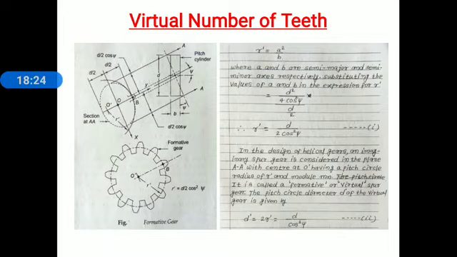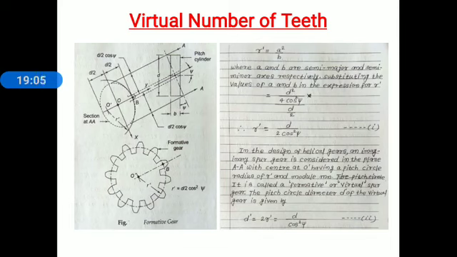R dash is the radius of curvature at point B. R dash is equal to a square divided by b, where a and b are the semi-major and semi-minor axes respectively. Now substituting the values of a and b in the expression of r dash, we get r dash is equal to d divided by 2 cos square alpha, and that is called expression number 1.